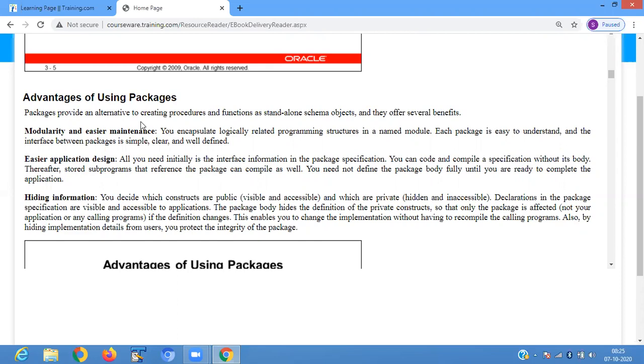So you can break the program into smaller parts. Easier application design: all you need initially is the interface information in the package specification. You can code and compile a specification without its body. Thereafter, stored subprograms that reference the package can compile as well. It is used for easier application design.